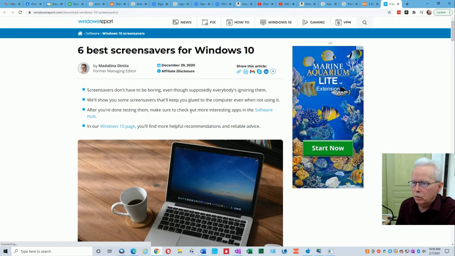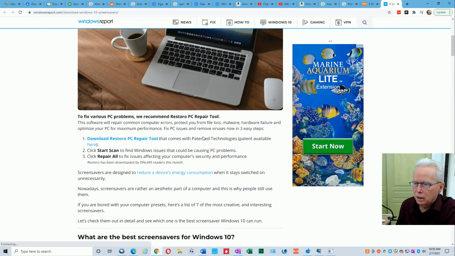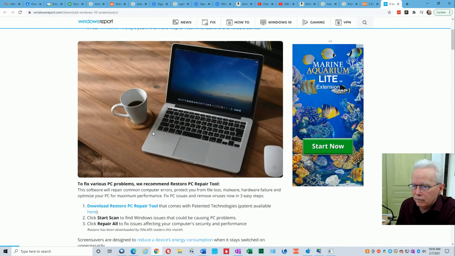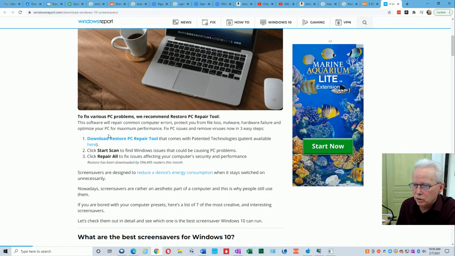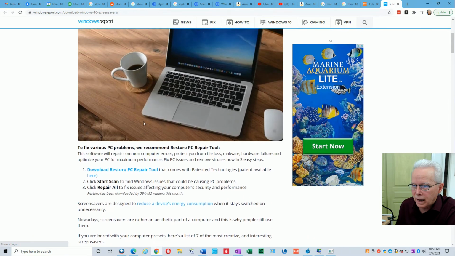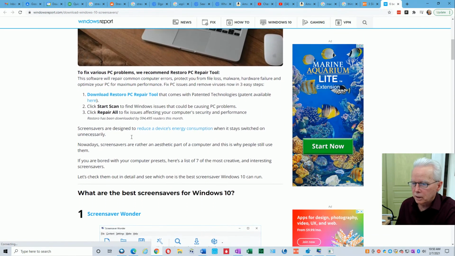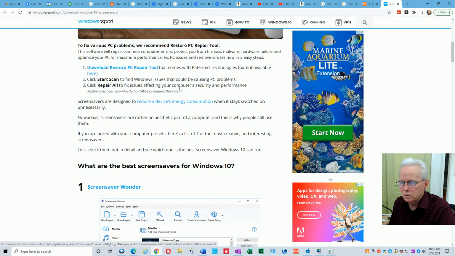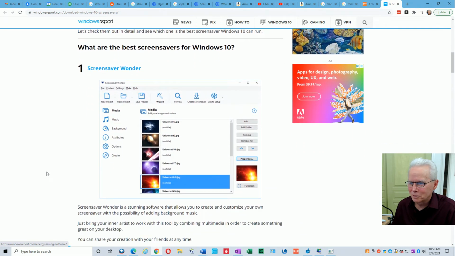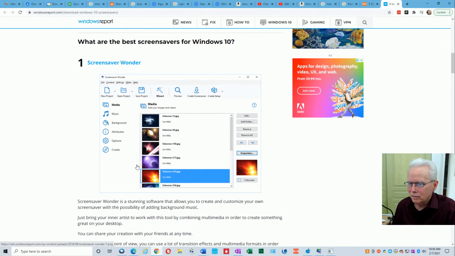Screensavers don't have to be boring. We'll show you some screensavers. Download retro piece. This looks like an advertisement. Is that an advertisement? To fix various problems. See, that has nothing to do with screensavers. I think this in here is an advertisement. You've got to be careful about these websites that provide free information. They can be so sneaky with their advertising pieces, and before you know it, you're off somewhere where you don't want to be. So Screensaver Wonder,